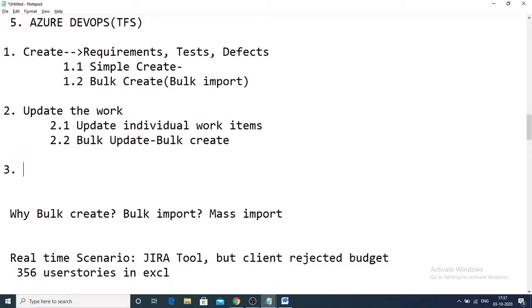I have a simple question. Why are we not using Excel sheets to manage this work: requirements, tests, defects, your end-to-end project management? What do you mean by project management? Release management, requirement management, test management, defect management, reports management, all of this comes under project management activities. So why are we not doing it in Excel sheets? Because in Excel,